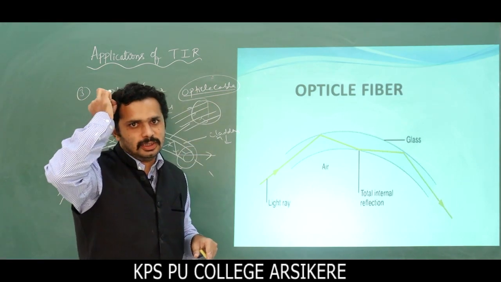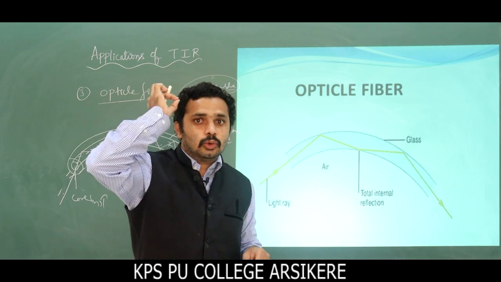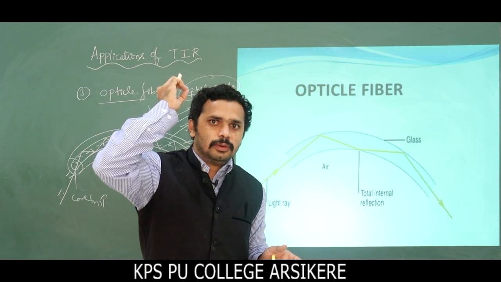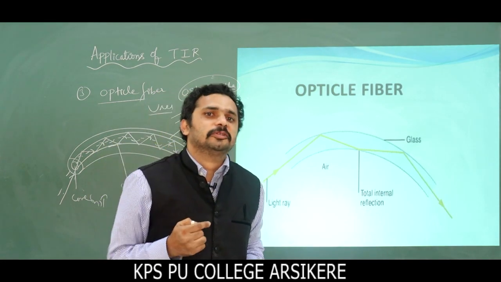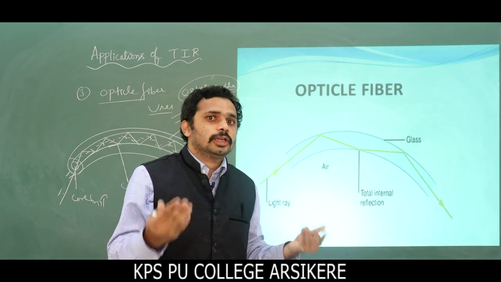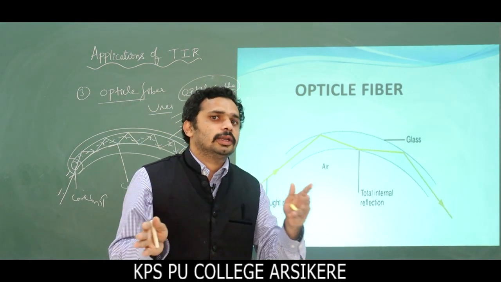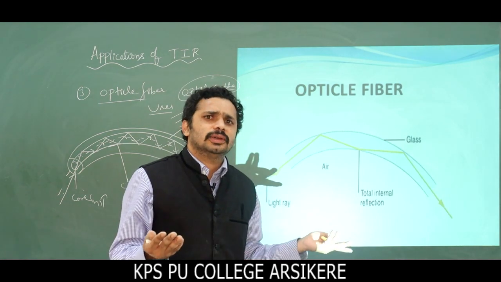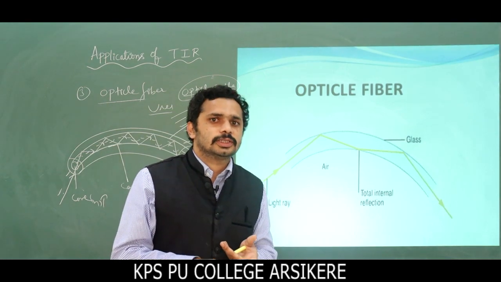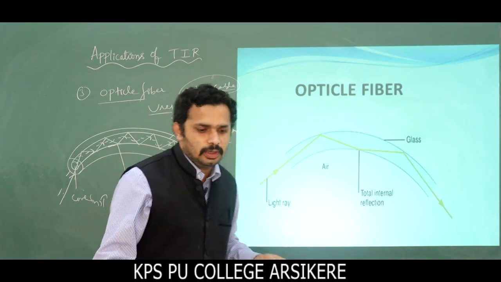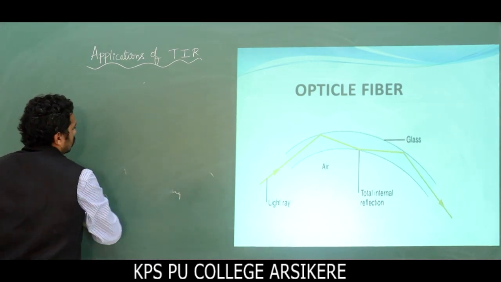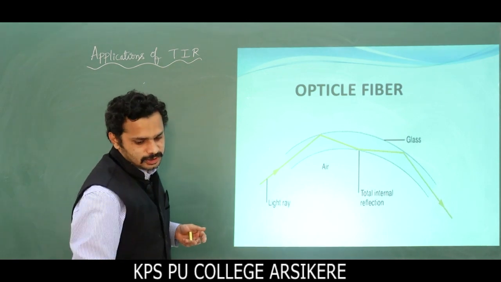I told you that optical fiber is very thin. Core size is in the order of micrometer. This is similar to one single human hair. Imagine yourself how thin it is. That's why for protection we are using a jacket in the outer layer. You got it? We are using optical fibers in communication, in endoscopy, in decorations, like that. Many applications are there. Now the fourth application is total reflecting prisms.